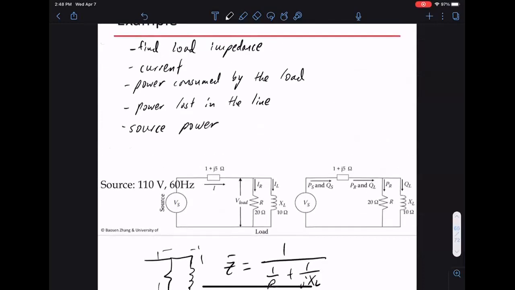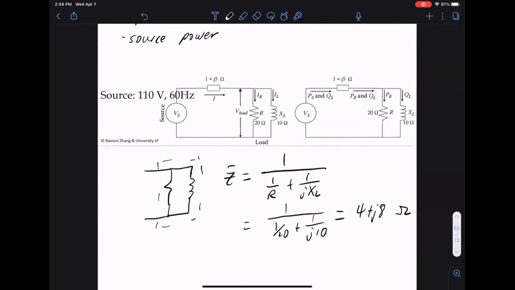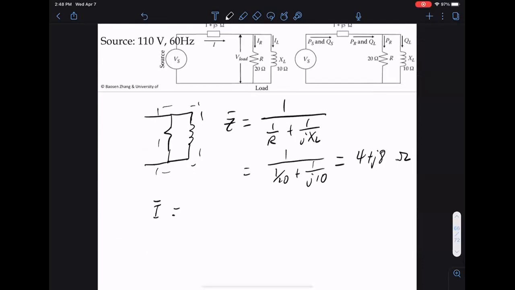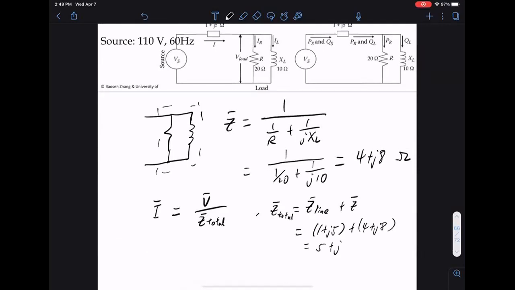So once we find the impedance, then we can find the current. The current is given by voltage over the total impedance in the circuit. The total impedance is just the line impedance plus the load impedance. We can add them up. So this is 1 plus J5 plus 4 plus J8. We get 5 plus J13 ohms. Right, so this is our